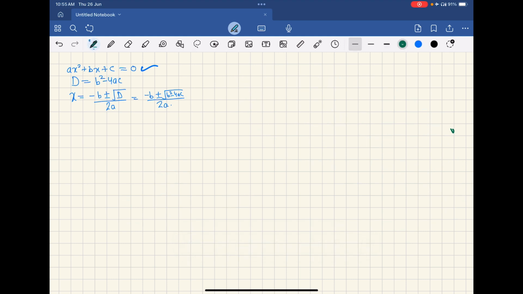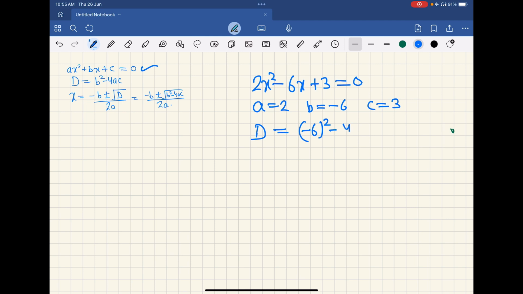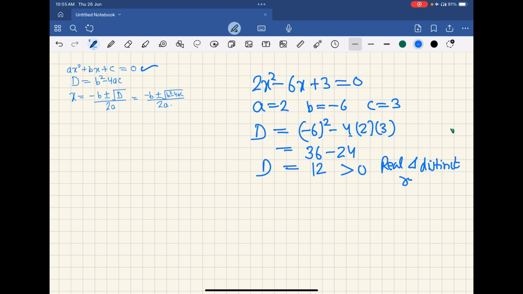ओके स्टूडेंट्स, so now the question given to us क्या है? क्वेश्चन 2x² minus 6x plus 3 equals 0। so a क्या है? 2, b क्या है? -6, c क्या है? 3। so आइए d फाइंड आउट करते हैं। b² which is (-6)² - 4 into a into c। minus square is plus, 6 square is 36, 4 2s are 8, 3s are 24। so 36 minus 24 is 12। so अभी d क्या है? 12 which is greater than 0। so इसका मतलब रियल एंड डिस्टिंक्ट रूट्स, यानी रूट्स दो होंगे अलग अलग, डिस्टिंक्ट रूट्स एग्जिस्ट।